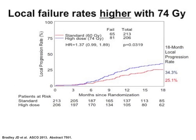In general, the results were not only surprising, but very disappointing. Not only does it appear that the higher radiation dose was not beneficial, it really also appears that it may be detrimental. So let's look at local failure rates, the chance that the cancer recurs at the site of the original tumor after treatment at some point in the future. The rates are higher in the high-dose arm. After 18 months of follow-up, 34% of patients who got the high-dose 74-gray radiation had local failure, with a lower rate of 25% in the